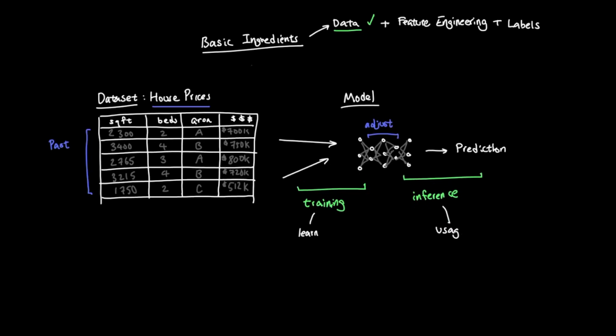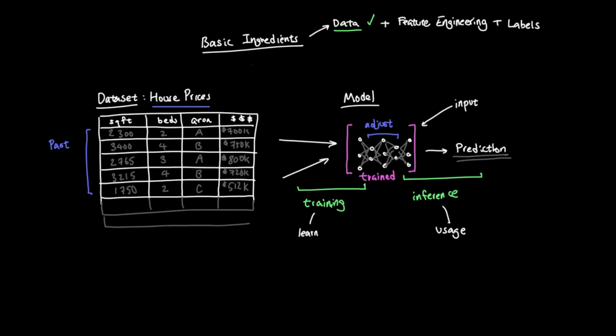Inference is different. It's the usage phase. This is when we take a trained model and give it a new input that we don't actually know the answer for. So after the house price model has been trained, we might give it a new listing. The model sees the features and then predicts a price, but this time there's no answer key attached. The model isn't comparing the prediction to a real sale that happened in the past. It's just using the patterns it has learned to make a prediction.